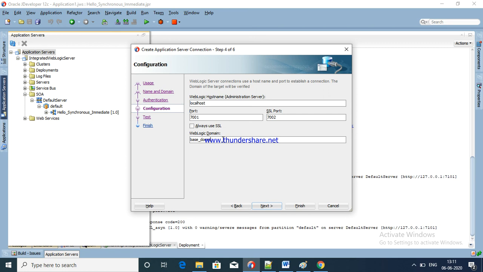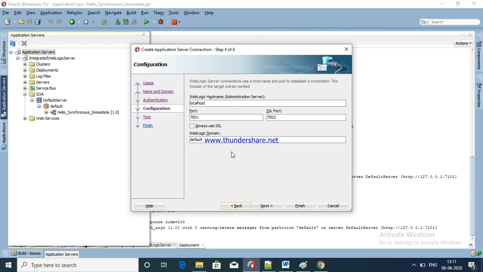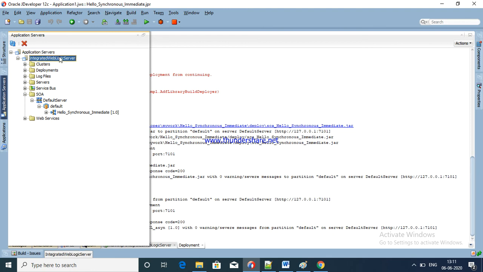Default server, just give default. Now going to test. Skipped. Just wait.